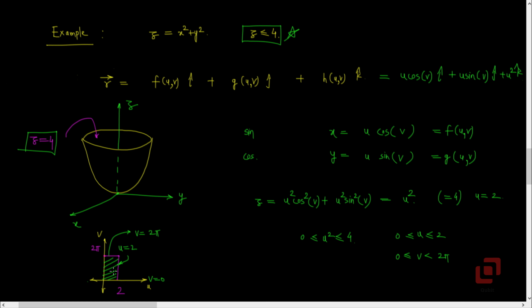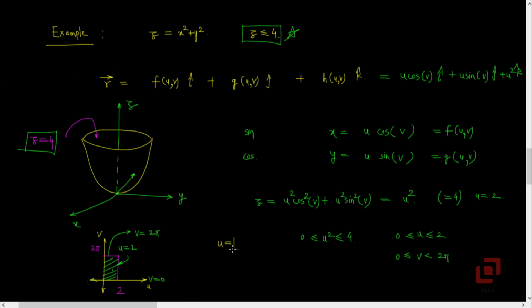So if you pick any point on this rectangle, it will have an image under the transformation r bar. It may be located somewhere here. If we cover the entire rectangle, then we will get the entire paraboloid in three-dimensional space. There is another interesting thing which I want to tell you, which resembles the contours. Imagine that we pick a line inside this rectangle which is parallel to the v-axis. Let it be u equal to 1.